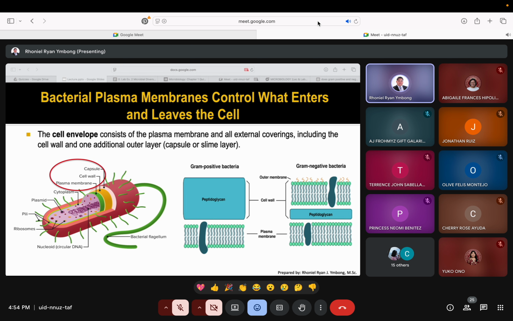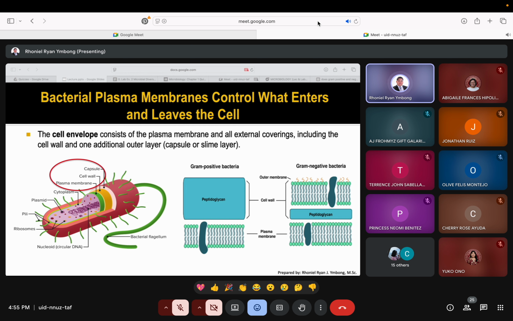As opposed to your gram-negative bacteria, in your gram-negative, since the cell wall or the peptidoglycan is thin, there is now an outer membrane that could also be a portion of a gram-negative bacterial cell wall. So the difference between gram-positive and gram-negative bacteria is how thick the peptidoglycan part of the